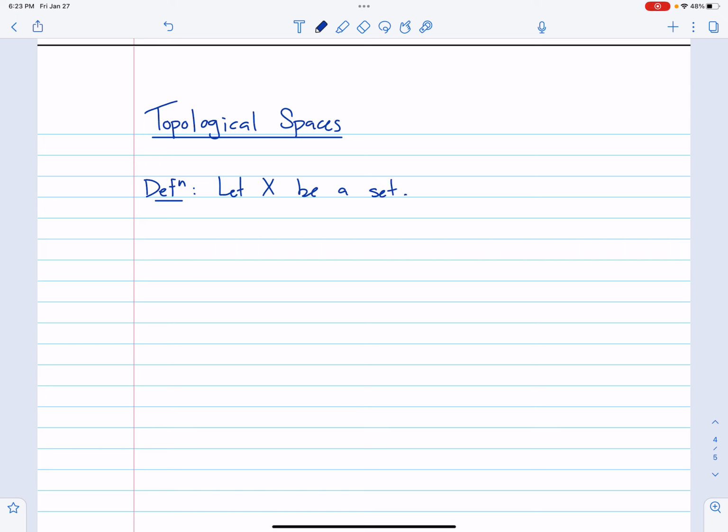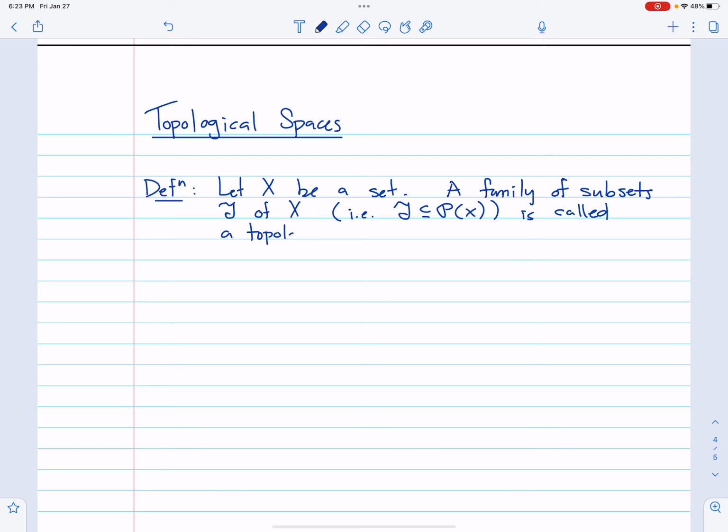Okay? A family of subsets, and I'm going to use script T to denote this family of subsets. So a family of subsets T of X. So in other words, T is just a subset of the power set of X. So it's just a family of special sets that we've picked out of X. This is called a topology on X